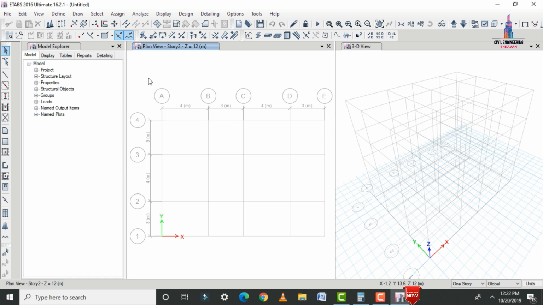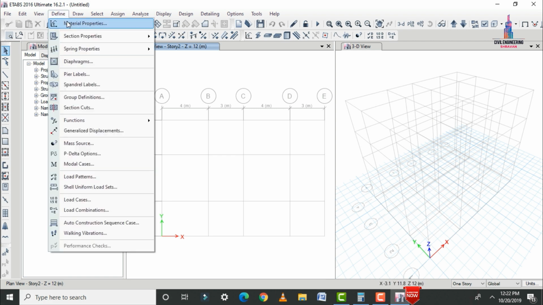Initially we need to define the material properties for the old building as well as the jacketing material properties, which is nothing but the grade of the concrete as well as the grade of the steel. For the old building I will consider Fe 415 grade steel and M15 grade concrete. For the new jacketing I will consider M30 grade concrete with Fe 600 grade steel. Initially we need to define those properties.